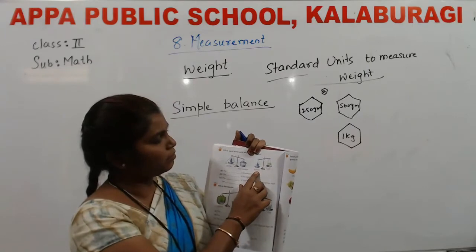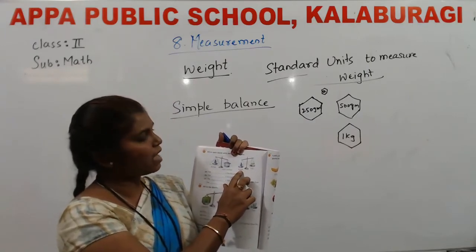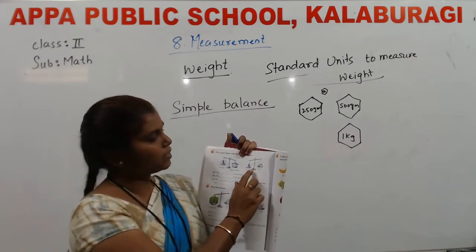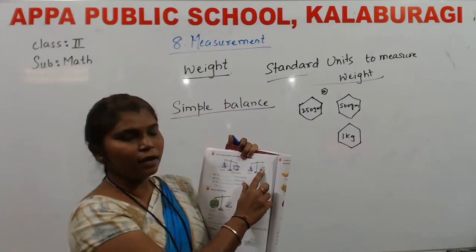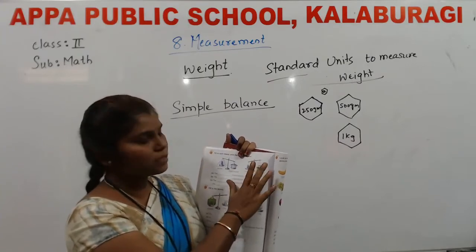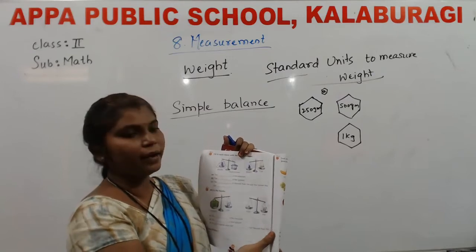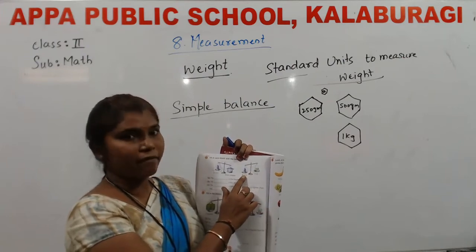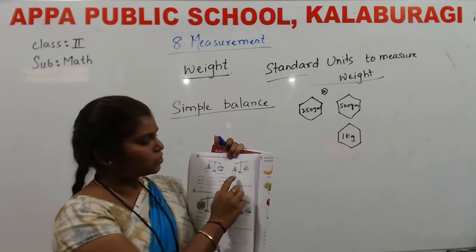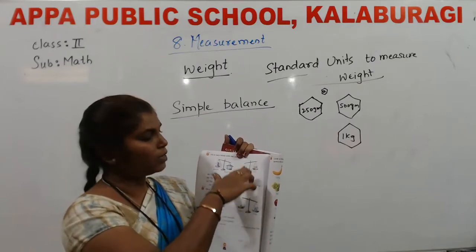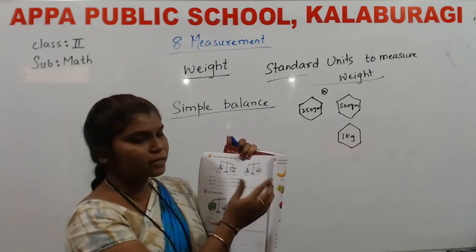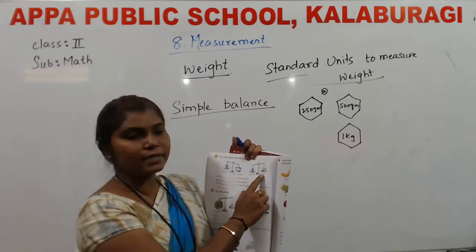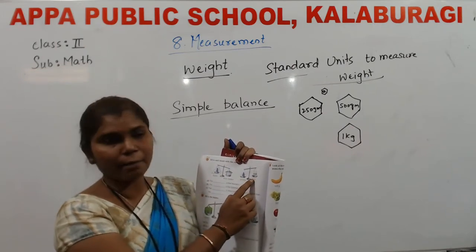Here in the second example, in one pan we have placed a water bottle and in the other pan we have a cup. Yes, here it is a water bottle and here it is a cup. So after measuring this, what can you analyze from this? Yes, the water bottle is heaviest and the cup is lightest. So the pan with the water bottle has come down and the pan with the cup has gone up. This indicates the bottle is heaviest and the cup is the lightest.